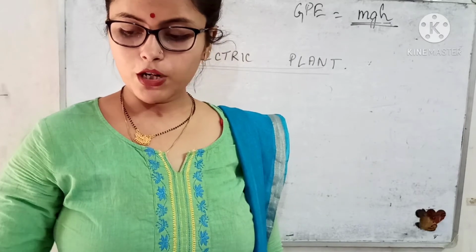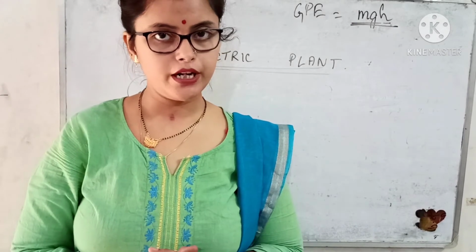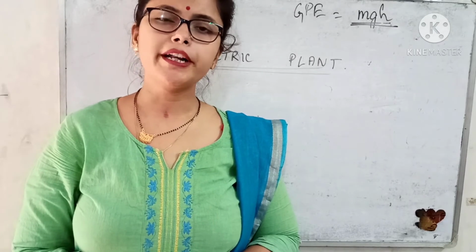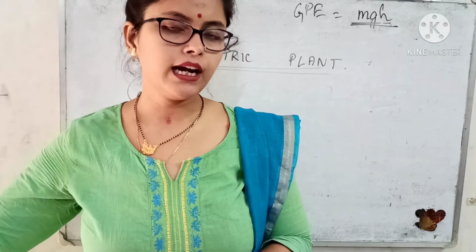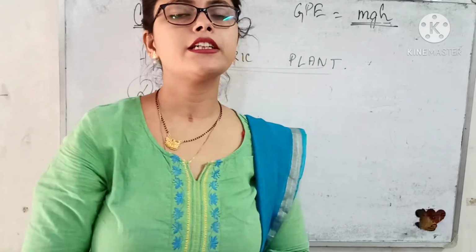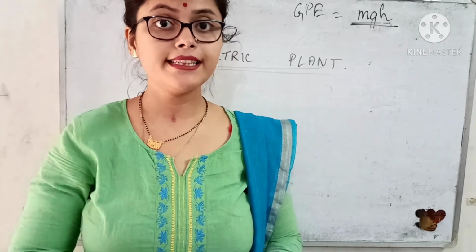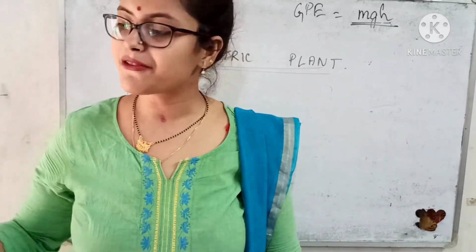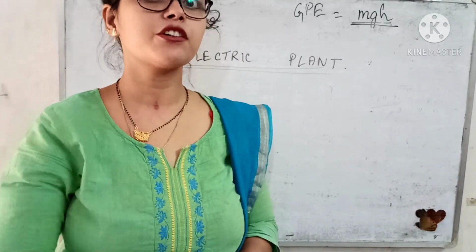So here what happens actually, the water stored in the dam has gravitational potential energy. Now you could have questions that what if we just take water from the river and then straight away let it fall on the turbine? Now that will not be able to run the turbines in the speed with which the flowing water from the dam will run the turbine. Why? Because that river water does not have that much amount of gravitational potential energy which the stored water in the dam will possess because of the raised height.